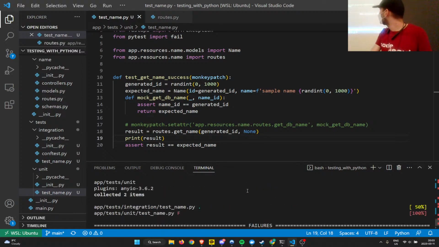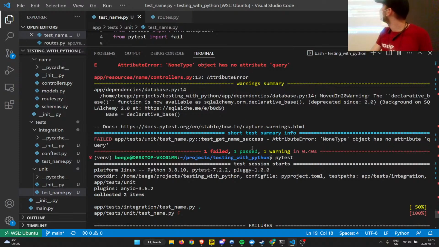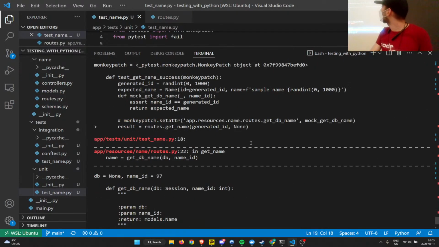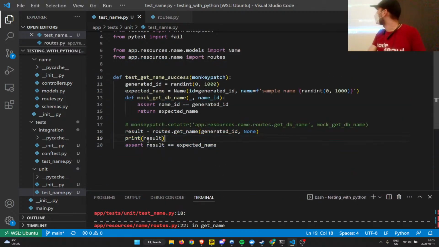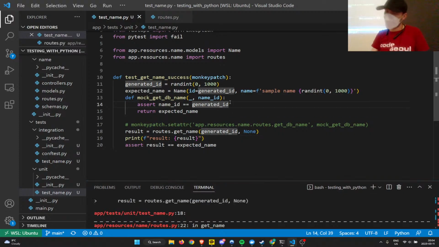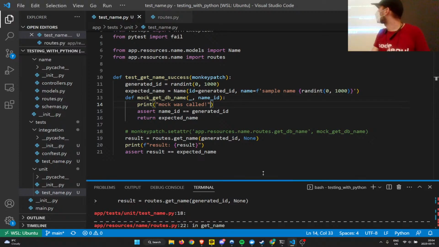Where is it? Oh, I should probably... Or you can raise an error and then just log it there. The reason I suggest that is because you can put a print on mock getDBName and another print on getDBName and show that, so you can toggle between functions. Yeah. Thank you, Alex. That's a good way to demonstrate.